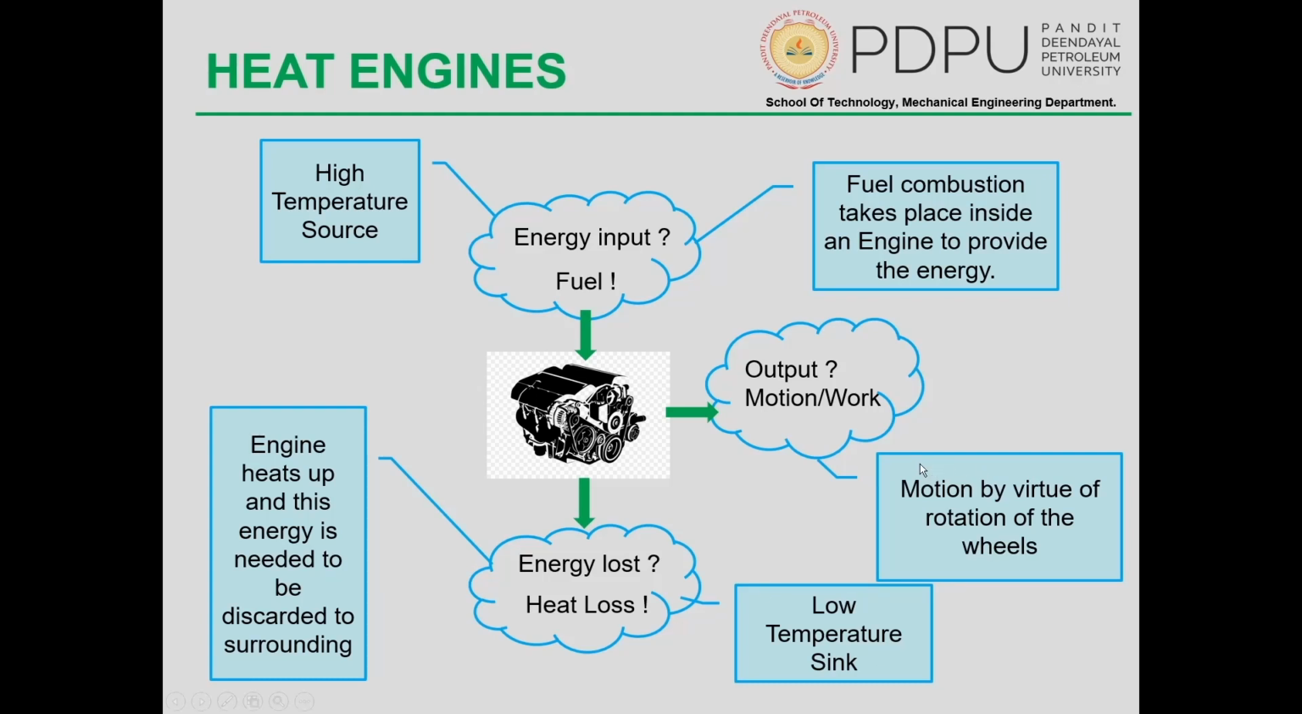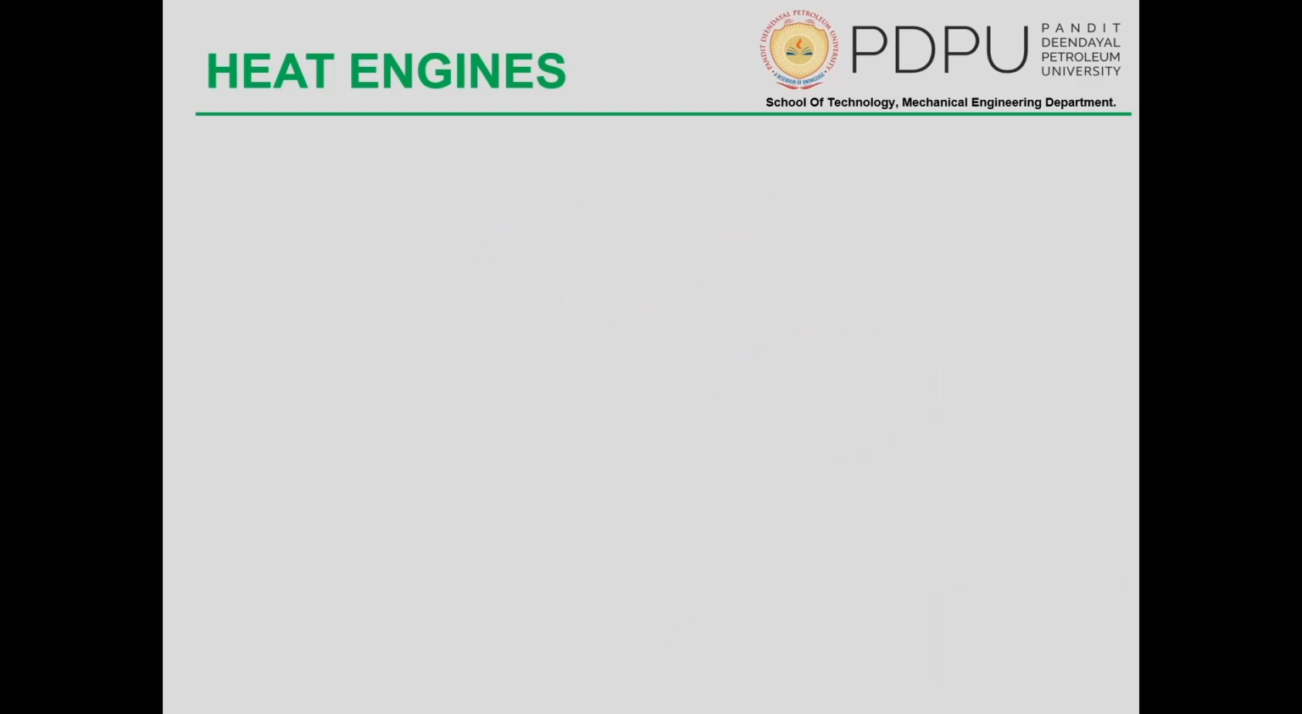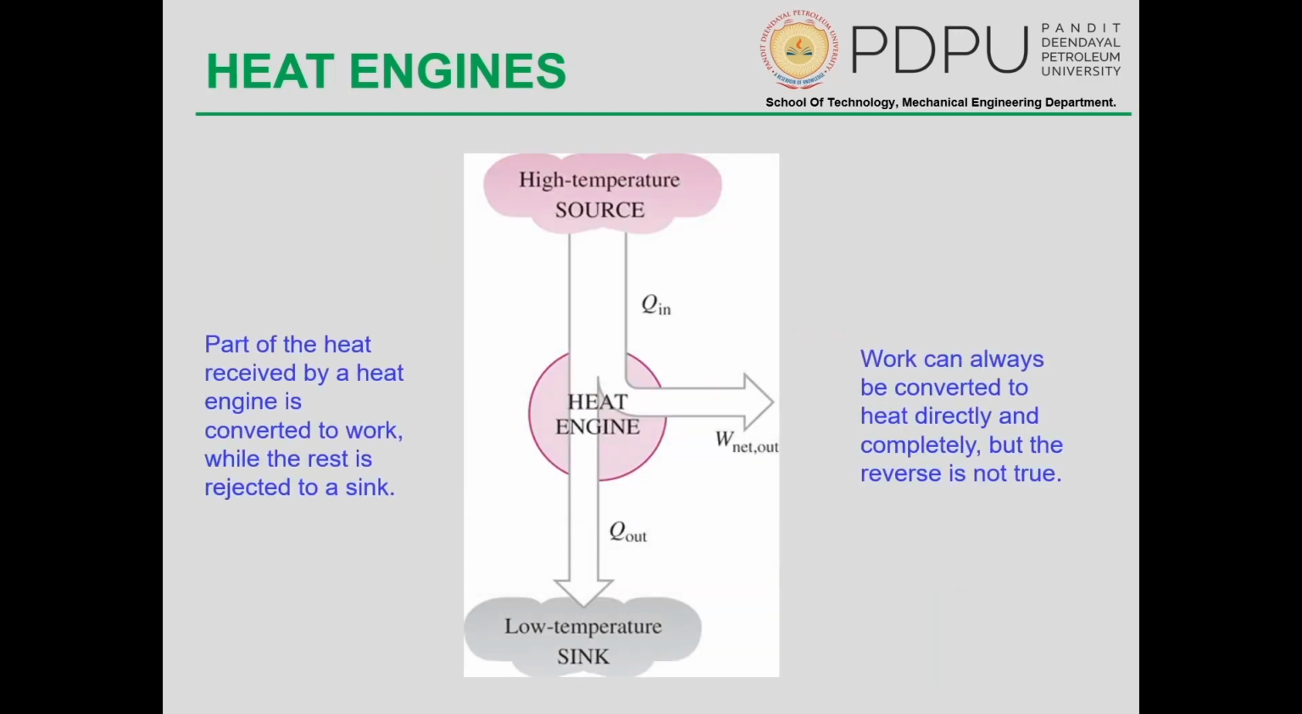And while this is happening, the motion which we are getting by virtue of the rotation of the wheels is a useful work. So basically this is a simple example of a heat engine. Heat engines are now shown in a representation view. In any book that you will find, you will see that the heat engine is shown something like this, where